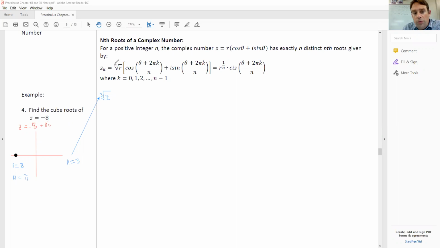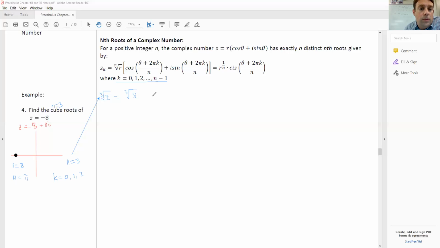And if you notice, this whole thing is basically just knowing what parts we have and plugging things in. So we have theta, there's our argument, which in this case is pi. r is 8. Now k is going to be any number from 0 up to n minus 1. So if n is 3, and I know that n is 3 because I'm dealing with the cube root, that means k is any number from 0 up to n minus 1, or 3 minus 1, which is 2. It means there's going to be 3 distinct cube roots to z. So I'm looking for my cube root of z. So that's the cube root of 8,